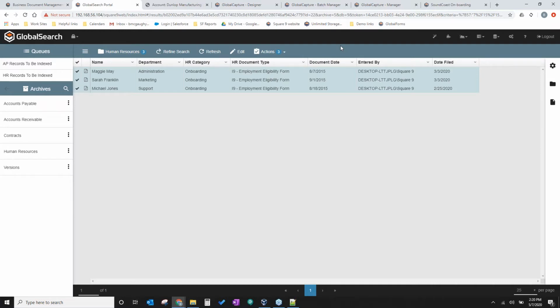So being able to reply and being within compliancy when you're being audited for a number of different things, not just HR, but this is just another example of some of the searches that we can run within an archive that can narrow that down to make it easier for you to find that information. So, human resources, accounts payable. The other two archives that we have in here are contracts and accounts receivable.